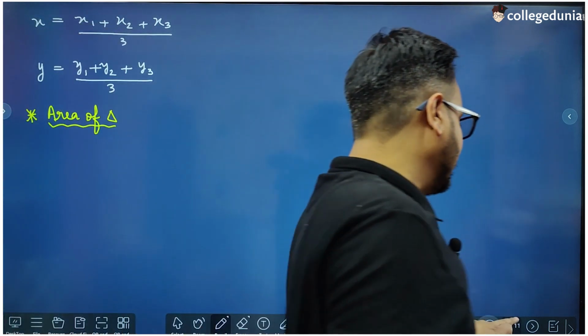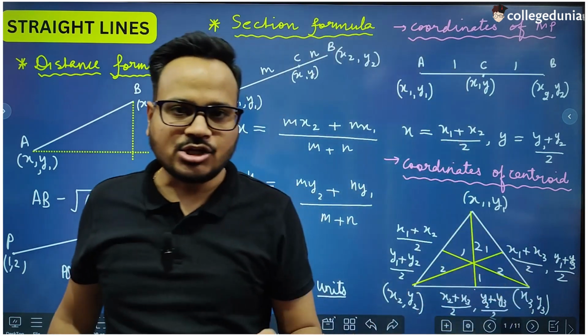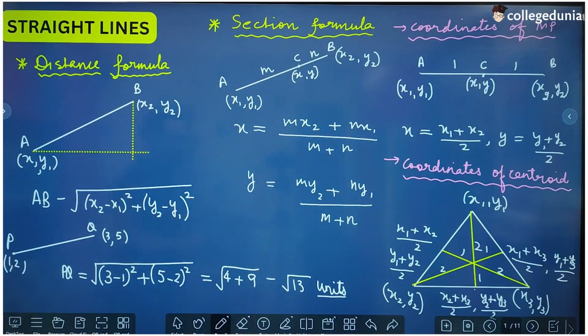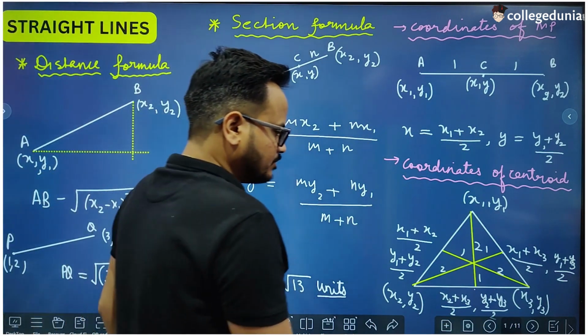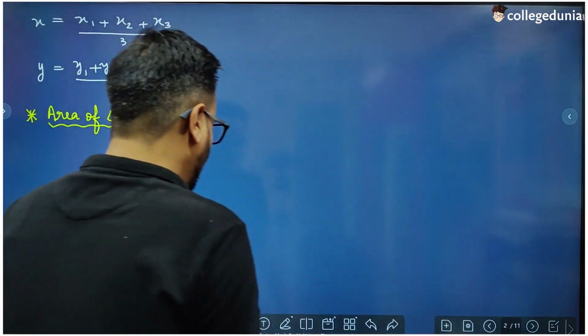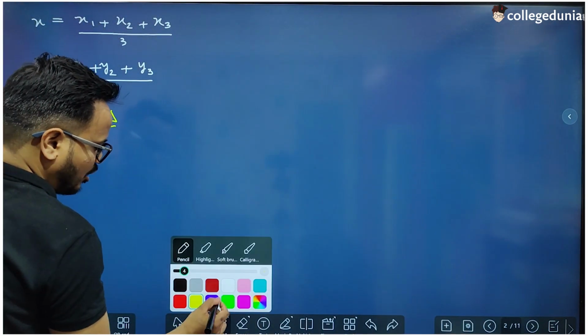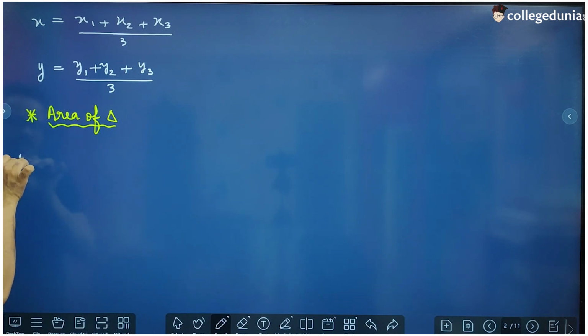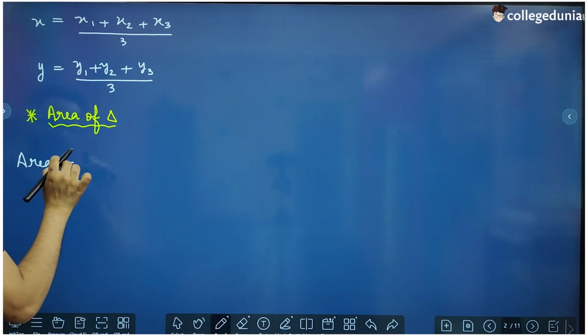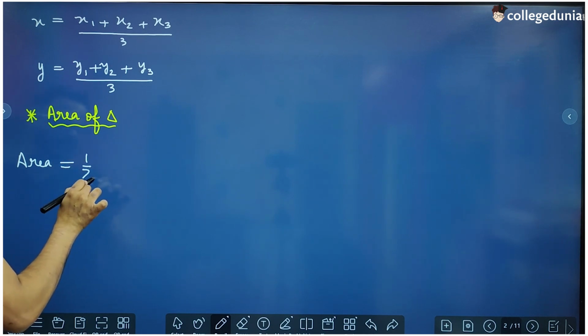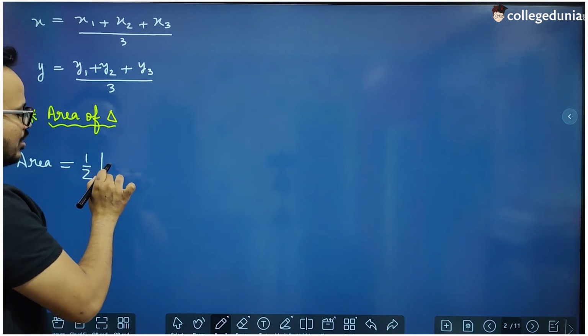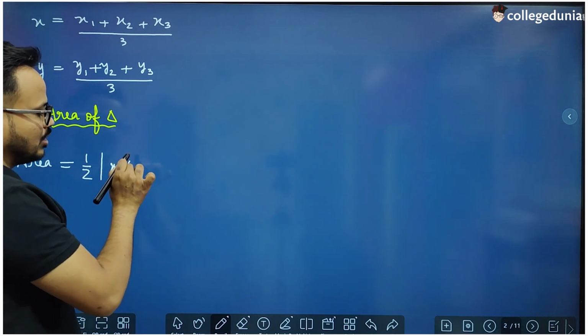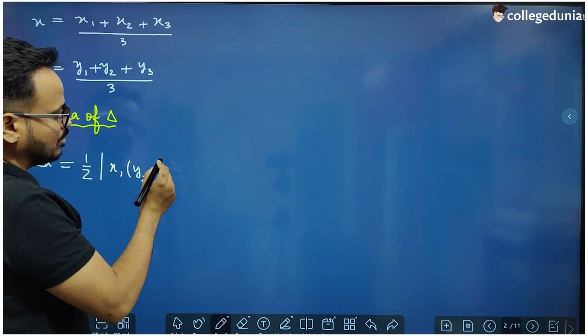Suppose we have a triangle like this, and we know the coordinates of the vertices of that triangle, right? So we can find the area of the triangle. And what is the formula for area of the triangle? Formula for area of the triangle whose vertices are known. So the formula for the area of the triangle is half mod x1 (y2 minus